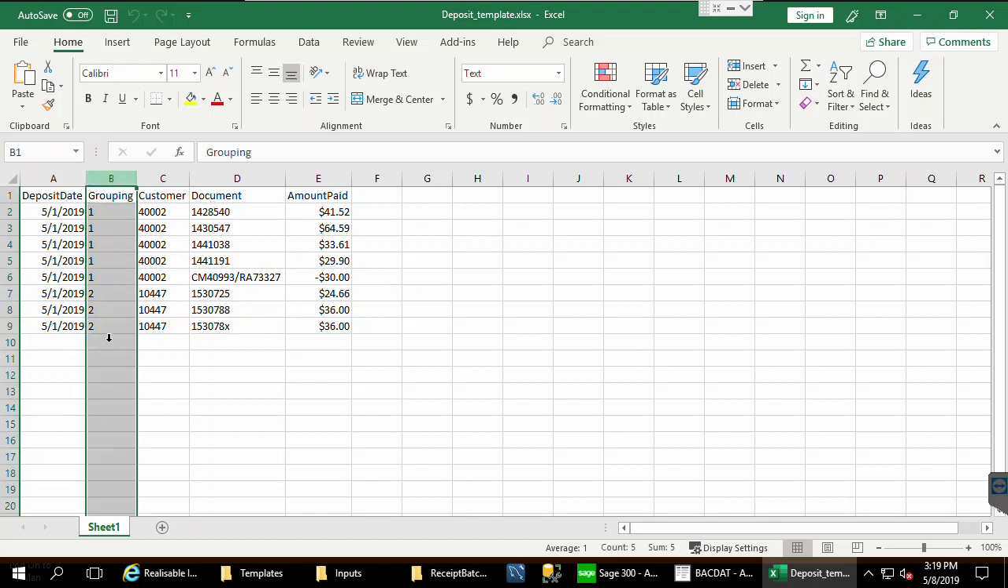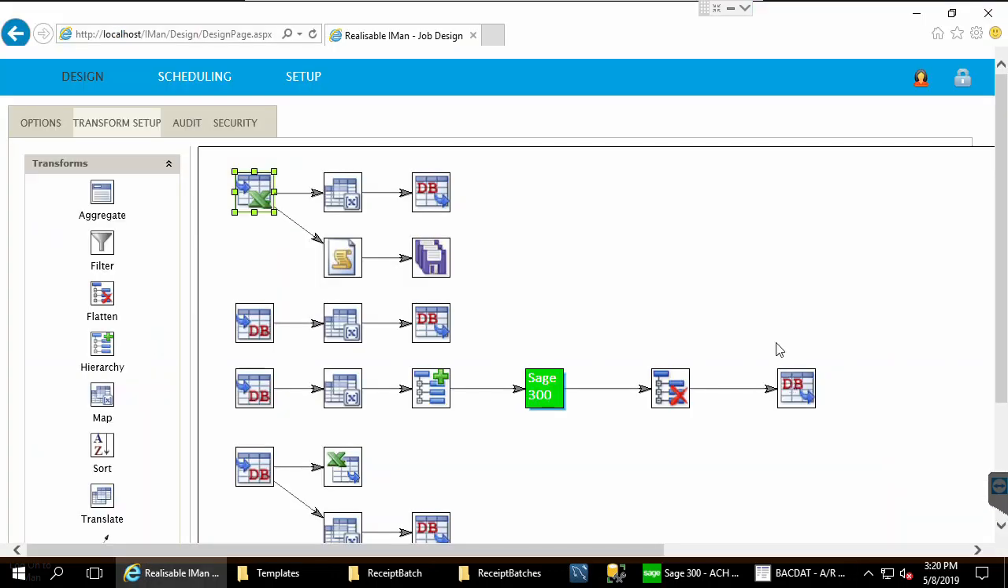And the reason we need this separate grouping besides just customer is that there could be multiple remittances for the same customer in a single file. So we want to make sure we anticipate accommodating that. Then each document that was paid, row by row, and then the dollar amount paid per document or credit taken for that document. So now that we have a file ready for upload, let's look at what IMan can do